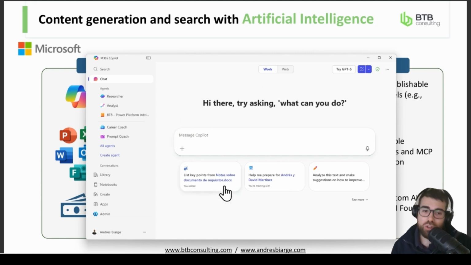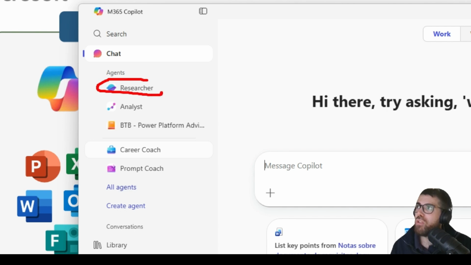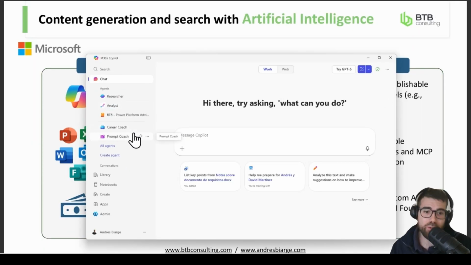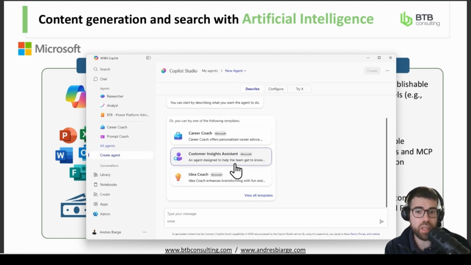Of course, just chat. But then we have some agents here. Basic agents created by Microsoft. Well, basic, but very potent. Basic in the terms of you don't have to configure them, but you can also create your own agents like this one. And to create your own agent, here, create agent, what you are doing is customizing your